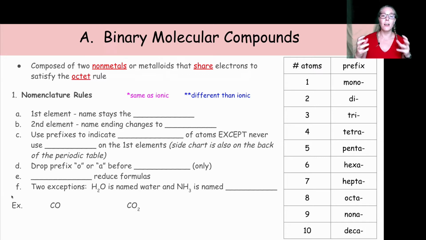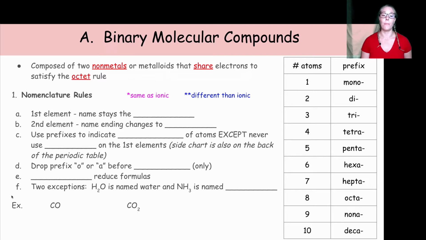So instead of ionic compounds, where there's a transfer of electrons, now the two atoms are going to share their electrons to satisfy the octet rule, i.e. trying to have 8 valence electrons to feel like they have a full octet, like the noble gases. So our nomenclature rules we'll go through, and then we'll look at some examples of how to apply them